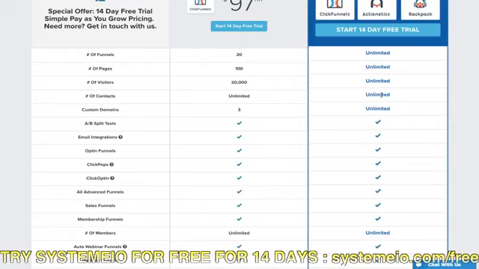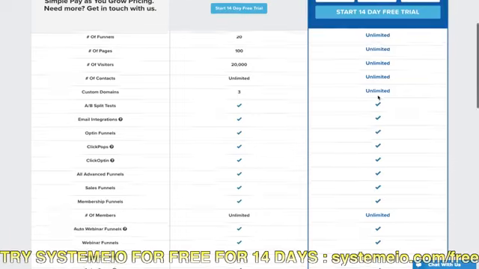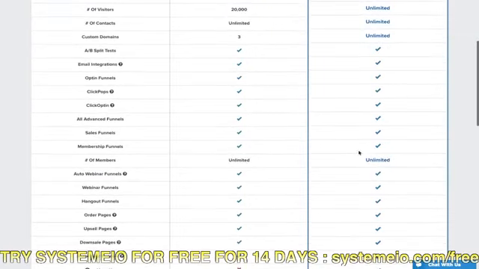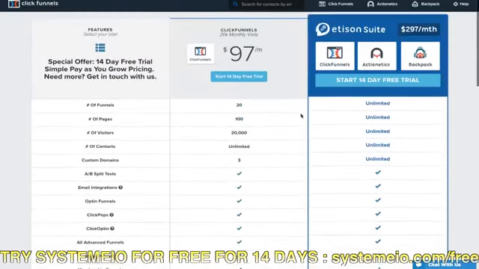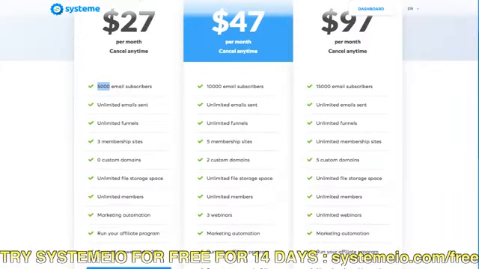On System.io, you have an autoresponder with 15,000 contacts that you can send unlimited emails to every day. So it's not the same. I mean, voilà. Now it's up to you. I showed you a cheaper alternative to ClickFunnels, which you may not have been aware of before, because the English launch is very recent, only 1 month ago. So maybe you never heard about it.